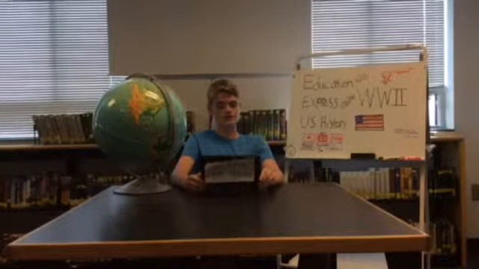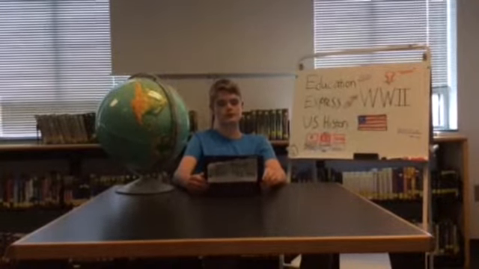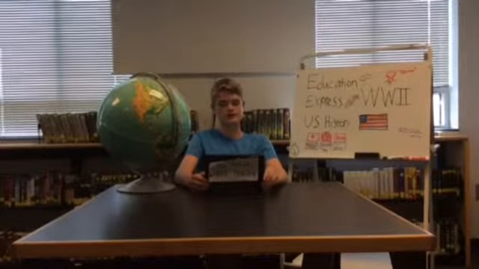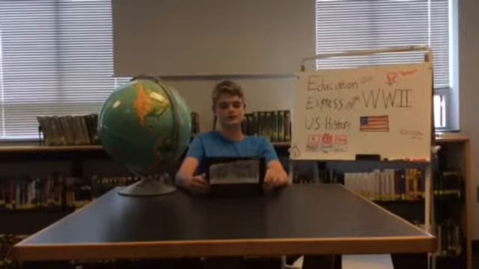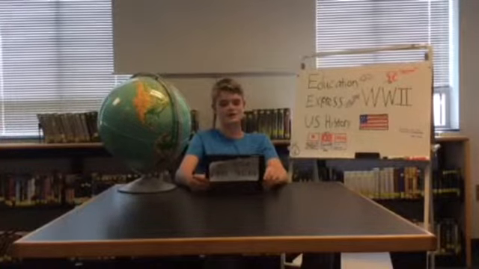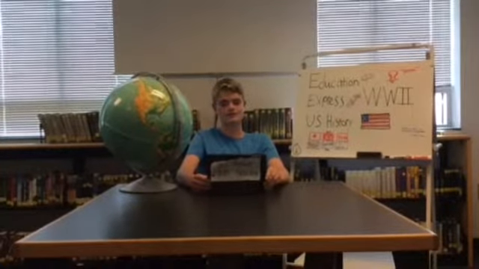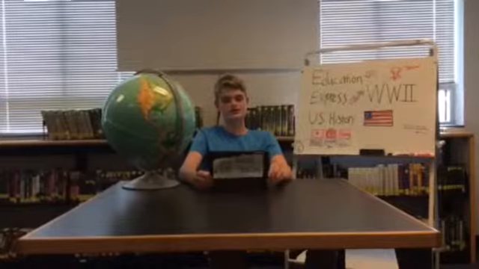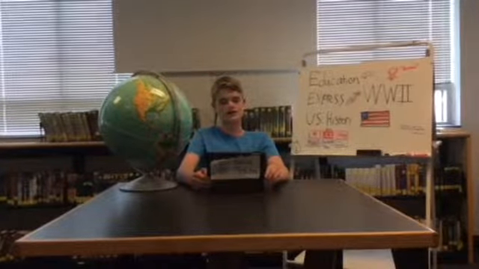If you don't know who Adolf Hitler was, he was the Nazi leader of Germany during World War II. He was teamed up with Benito Mussolini, who was the fascist dictator of Italy, and Emperor Hirohito, who controlled Japan. They made up the Axis powers. The Axis powers were fighting against the Allied powers through the war. The Allied powers consisted of the United States, Soviet Union, France, and Great Britain.